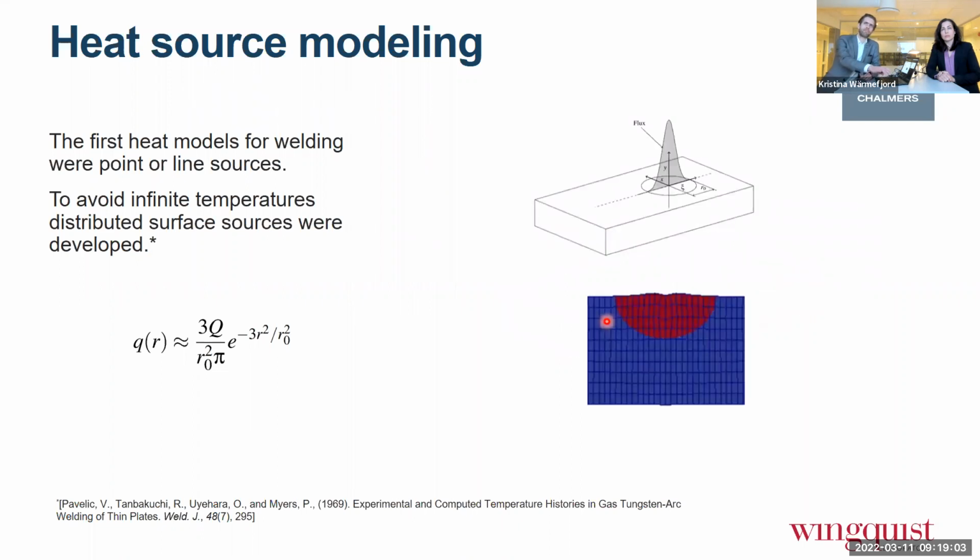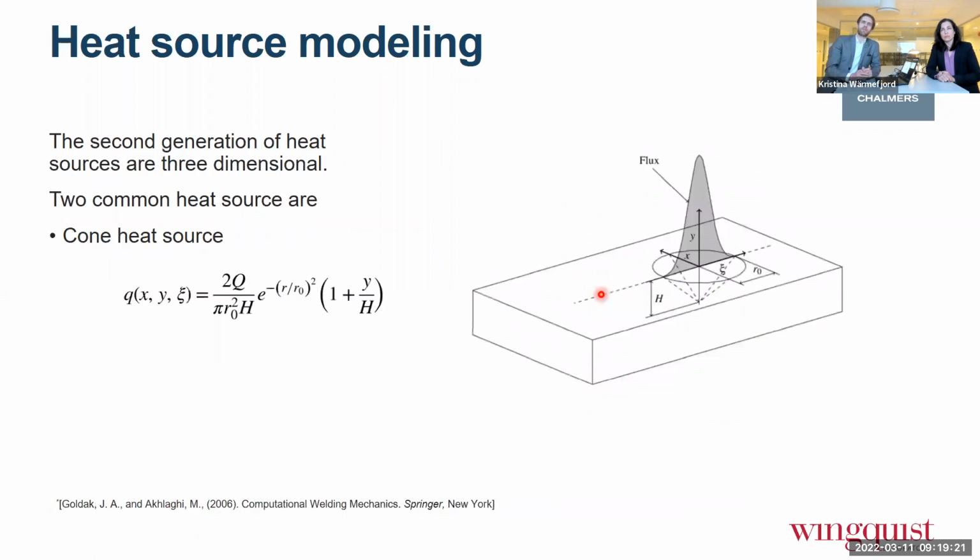And here you can see what it may look like if you apply a heat source like that. So here we can see the typical convective appearance here. It's rather smooth and it's almost like a half circle. But experiments showed that this was not accurate enough. So next, some authors